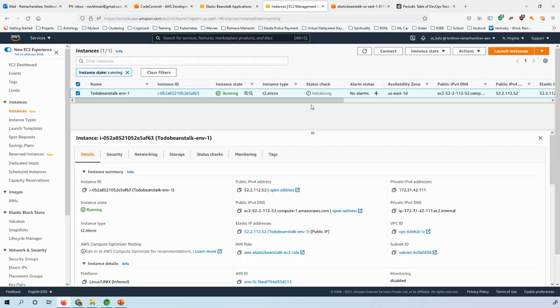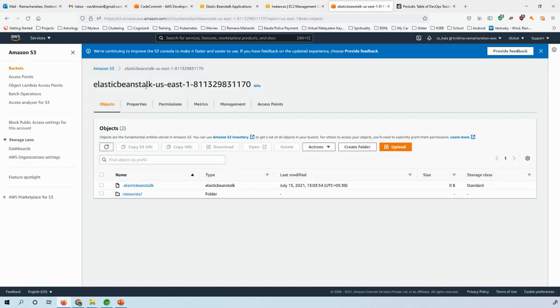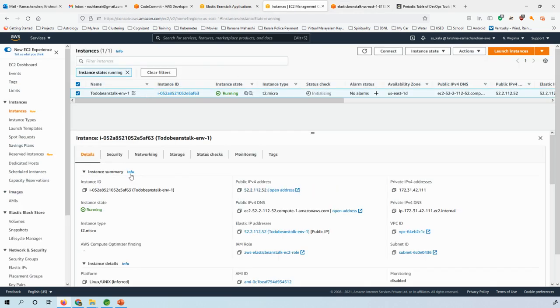It has created an EC2 instance which is now running, and it has created an S3 for the artifacts to be stored. We don't need to worry about what is happening behind the scenes or how exactly Beanstalk works, because our aim is to use the functionality provided by Elastic Beanstalk to get our job done instead of creating everything ourselves. And then if you go to the EC2 instance, you can see that there is a public IP address,